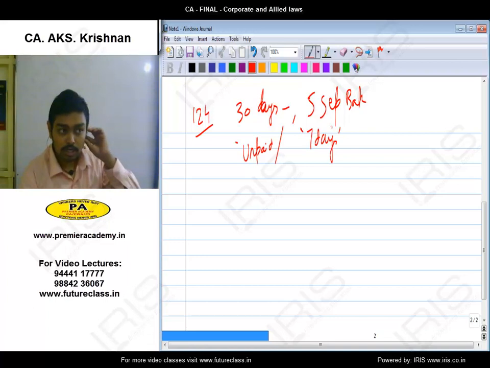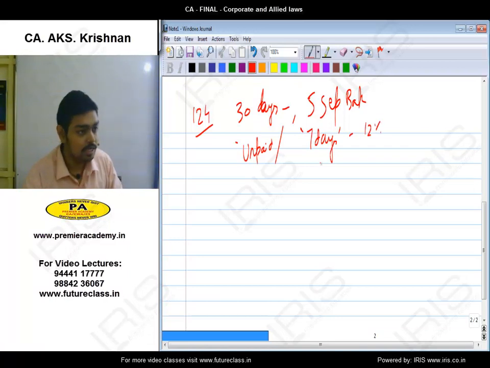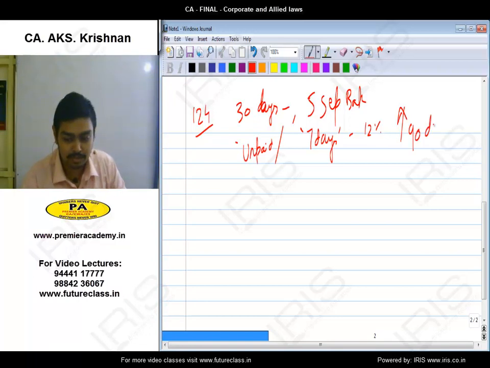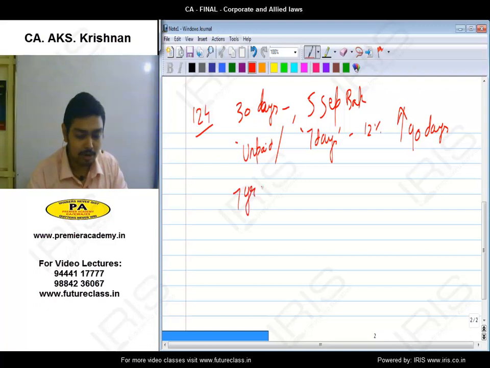If it's not, then 12% interest will be payable along with it. Then you should upload the person's name, the last known name, on the website and intimate the ROC. You should intimate the ROC and upload on the website within 90 days, so that they can claim that dividend afterwards. And it will be there for a period of 7 years. Then it will be transferred to